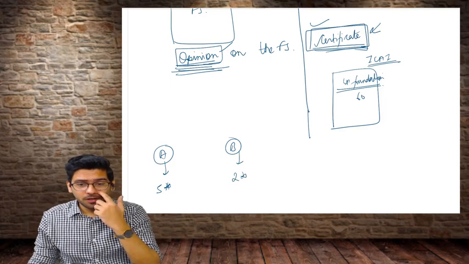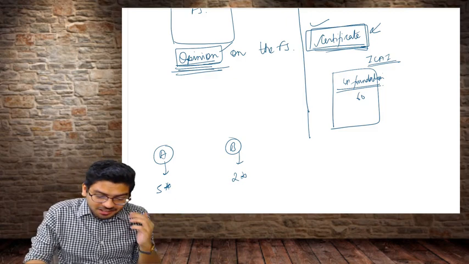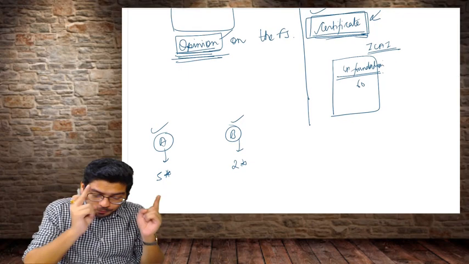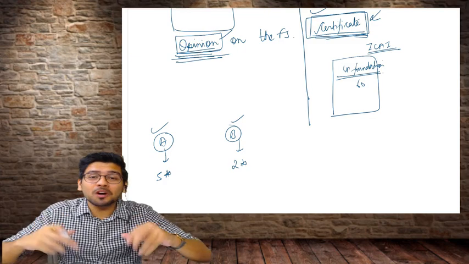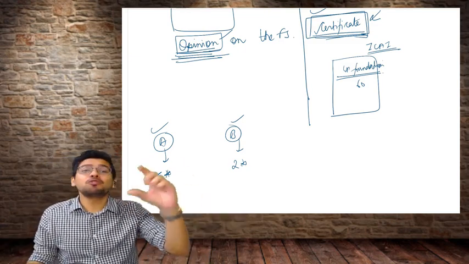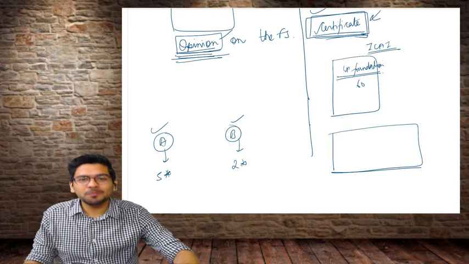Can this happen or not? This is opinion. The friends have just given opinion. Is the opinion given by A and B different here? Yes. So what is opinion? Opinion is one's point of view. It can be different. But let's say before the movie starts, you get a certificate also from the Central